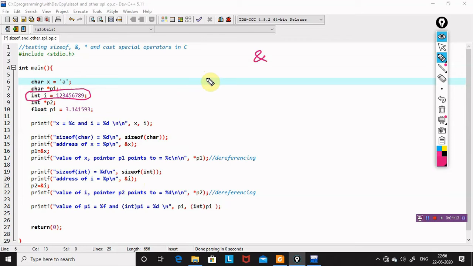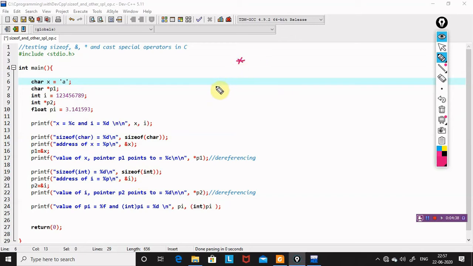The base address of this memory space is returned when we invoke ampersand i, and that value is printed in this place. So we have discussed the address of memory operator, and we move on to the next operator, which is the dereferencing